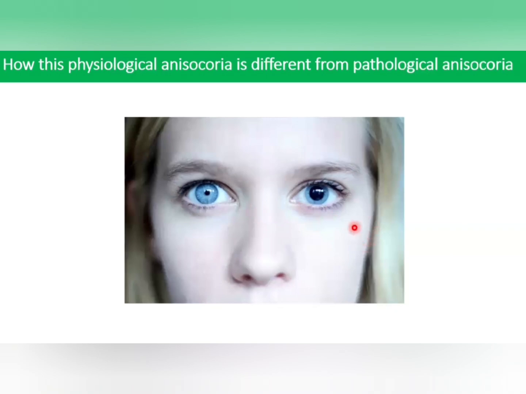First of all, the pathological anisocoria is less common but more concerning if you notice it. Here there is a very significant size difference of the two pupils. Alongside, the patient might present with a complaint of eye pain, headache, or droopy eyelid. And if you do the RAPD test, then one pupil might not react to light as well as the other, or might show an abnormal light reaction, that is relative afferent pupillary defect. That means a difference in the way the pupils respond to light, which can indicate nerve damage. And also, what I told you about the ptosis, drooping of the upper lid.